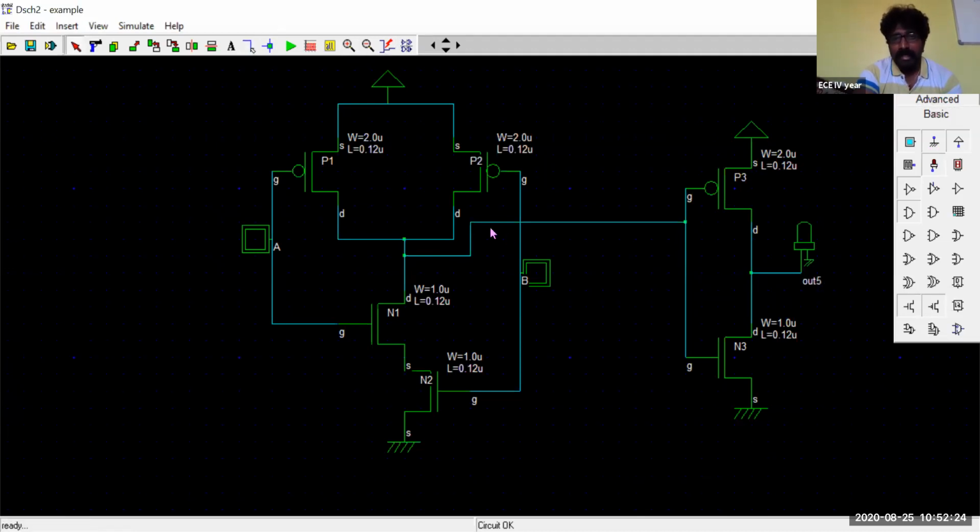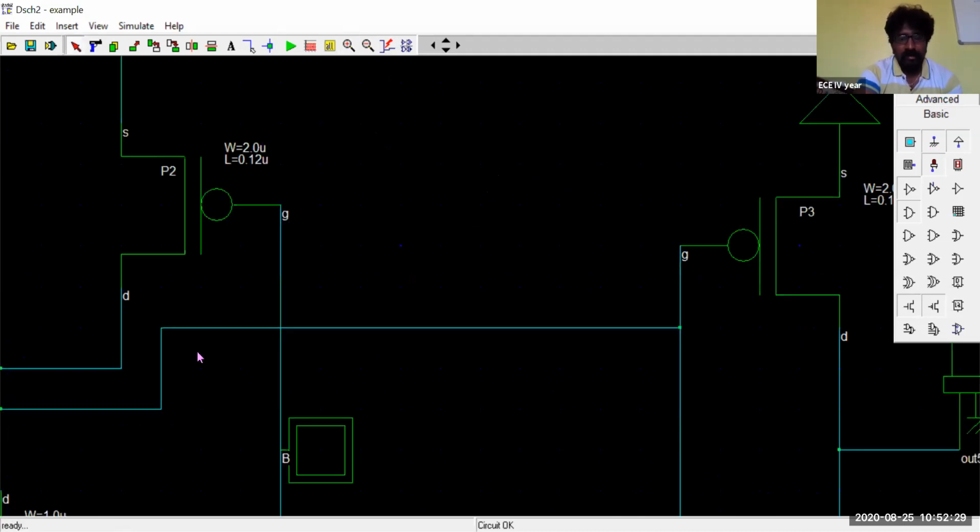See, and now, since I have dragged this wire upon this line, there is no contact. It means that electrical contact has not been done here. Anyway, we don't want any kind of electrical contact here, because if you make an electrical contact, your entire circuit will work in a completely different manner. So if the contact is not there, I'm talking about this contact, which you find here as a yellow colored dot. If it is there, it means an electrical contact has been made. Since it is not there, it means that there is no electrical contact between this structure and this inverter.